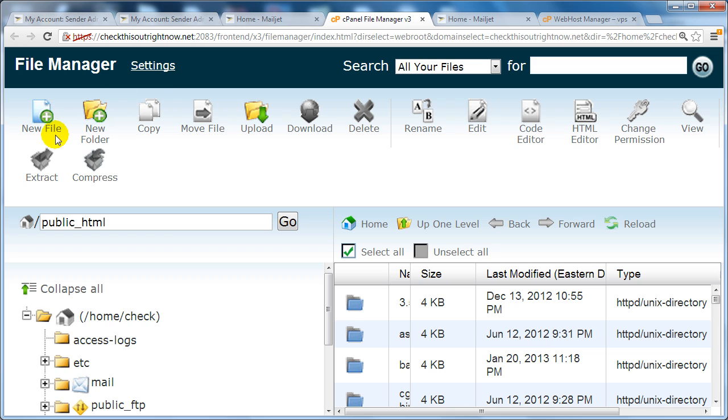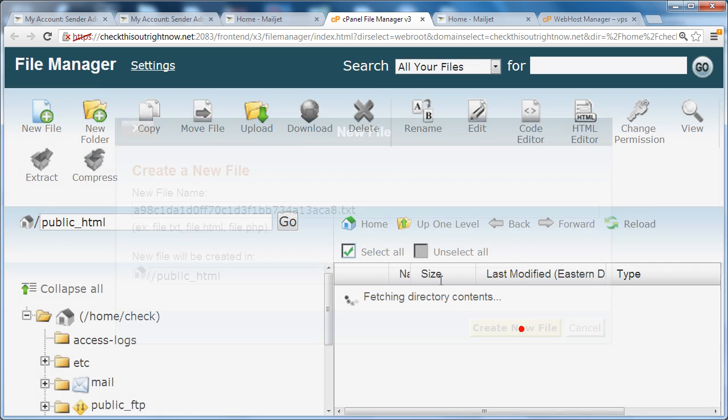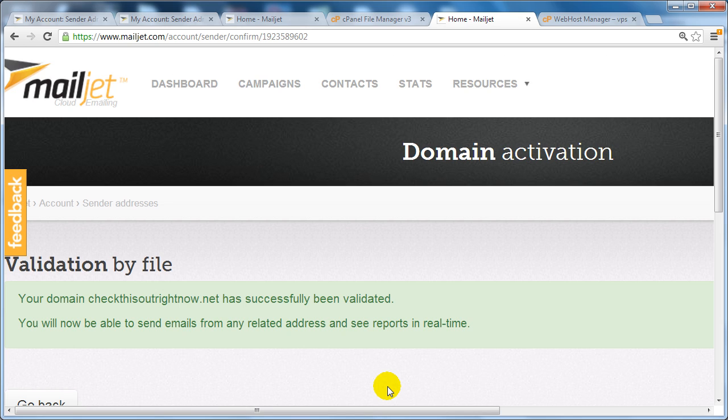I'm going to go ahead and create a new file. I'm going to name it the file that they gave me. Click create new file. Go back over here and click on check now. And there we go. It says my domain name has been validated, my email address has been validated,